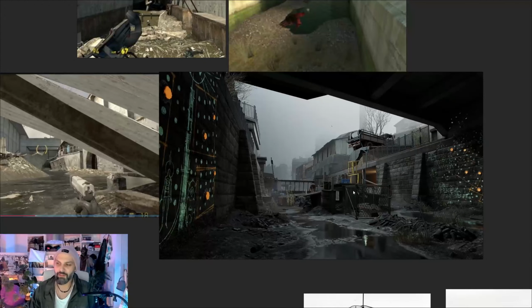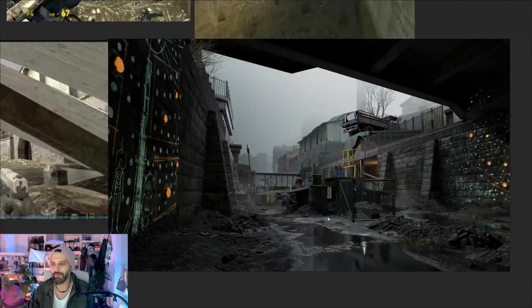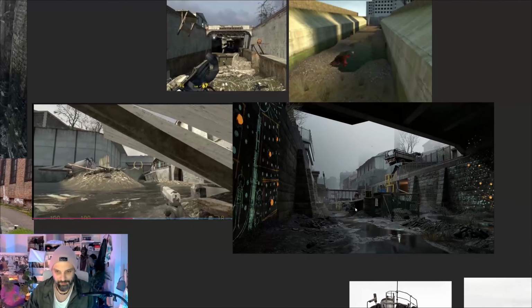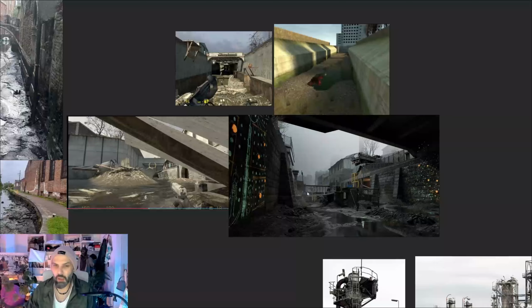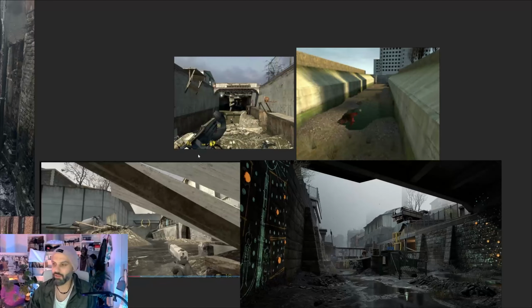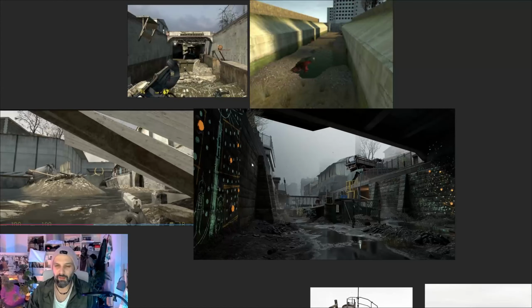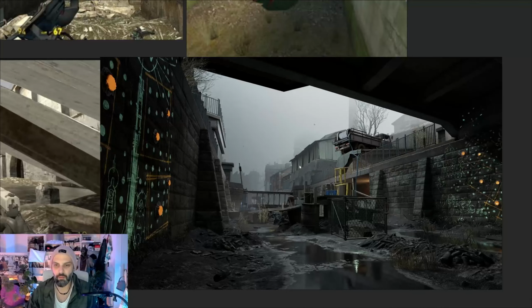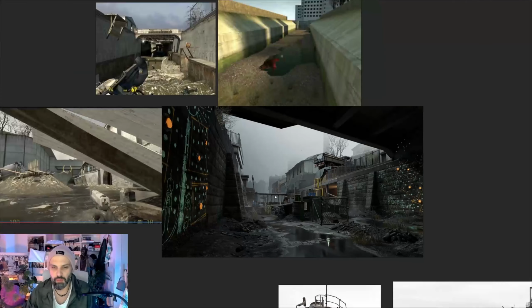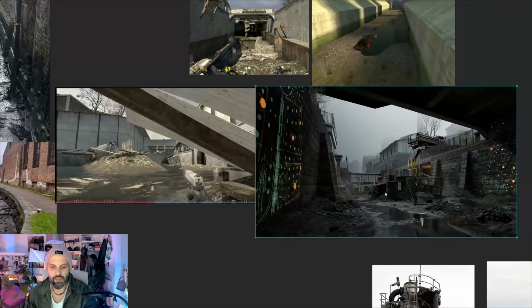And it's all because I've played Half-Life Alyx and I loved Half-Life Alyx, and I remember this canal, this environment, and I just really enjoyed it. So this image started the whole idea, and of course there were canals levels in previous Half-Life games too. But as soon as I started thinking about what ideas can I get from this image, I kind of started to think, all right,